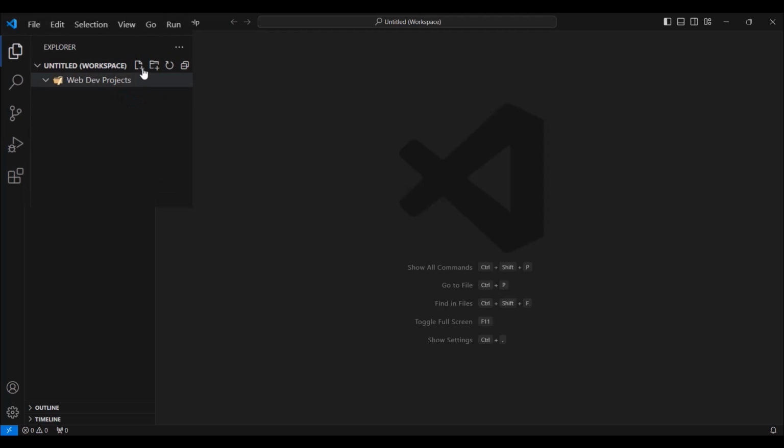I want you to pay attention to this button which says new file, so click on that button. I'm going to call this file football, and this is very important, I'm going to put .html at the end, and as you can see we have this icon to indicate that this is an HTML file. Because this is an HTML file, it will have the syntax highlighted when we type HTML code, and we'll get suggestions in real time. This can be whatever name you want. I choose football because I'm going to put some text about football, but you can put whatever name you want here, and I'll press enter.